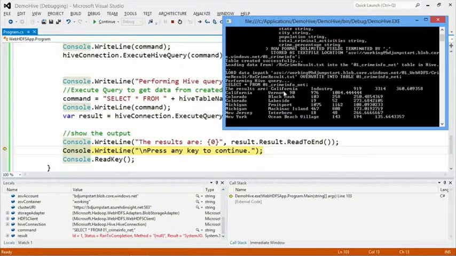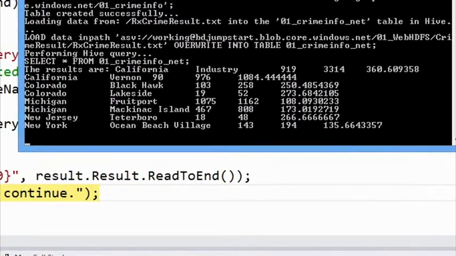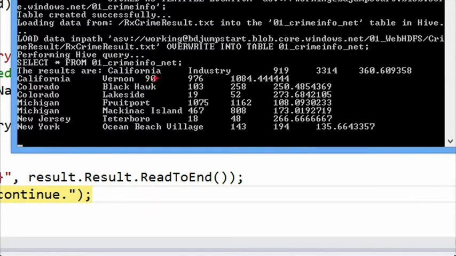So we're back. Our results are back. If we go back to our console here, you'll see we now have our results back from our Hive query. So essentially what we've done is we've taken the text file, we used the WebHCat, the Web HDFS feature to take that data file, load it up onto our Windows Azure storage, and then from there we went ahead and created a Hive table and loaded the data from that local file into the system, and then did a select query to show our results that we see right here